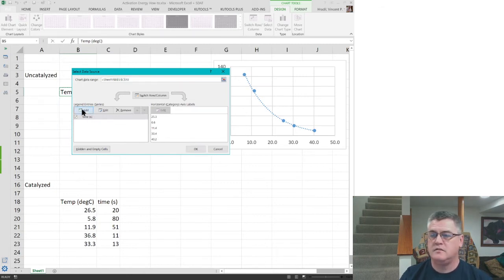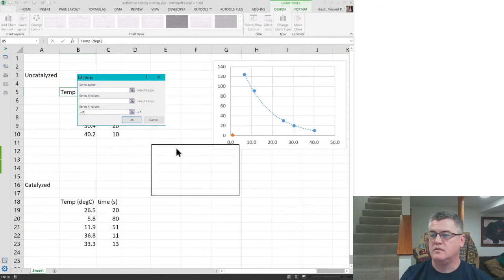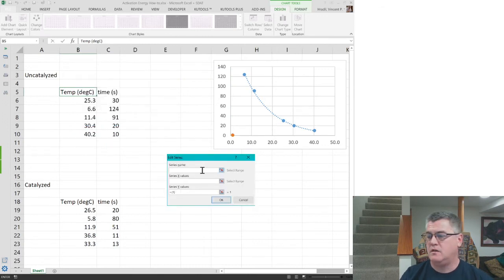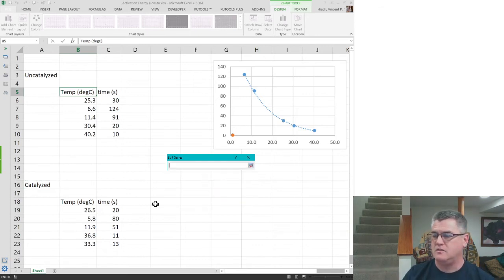But I'm going to do add, and then it gives you a wizard here that you can give a name. You can select a name from a cell, which is kind of nice too. So if I select that one, it becomes catalyzed so that it'll be labeled if I use a legend or something. I don't know if you know how these wizards work, but if you hit this part that looks like a little tiny spreadsheet, then it collapses so you can see your spreadsheet and grab what you need. So I need temperature on the x-axis, and then my y values are going to be the time,